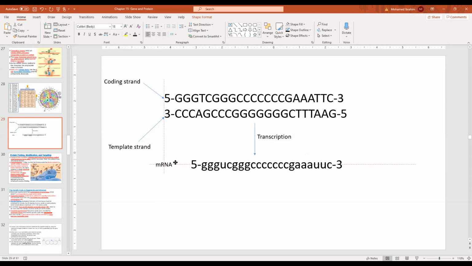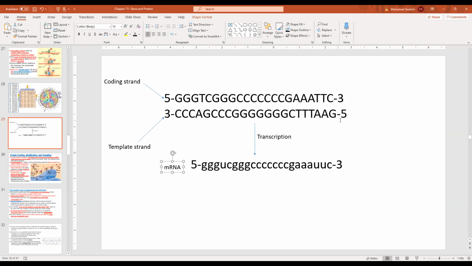So this is the first step. Remember, a big chunk of your test will be a piece of DNA, and I will ask you to do transcription and translation. I need to make sure you know how to read this. If I give you a double-stranded DNA like this, you need to look for the strand which goes from 3' to 5'. This is your template. You need to select this and make your RNA out of it. If I give you one strand only, like 3' to 5', it's okay. You take it, I make your life easy. So you go ahead and make RNA directly.